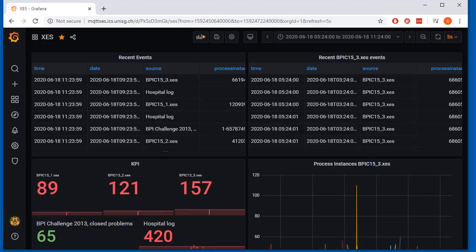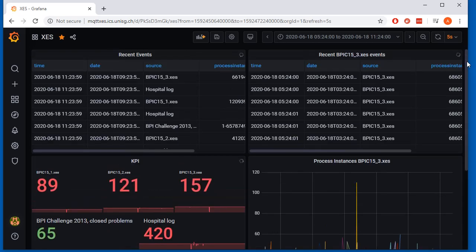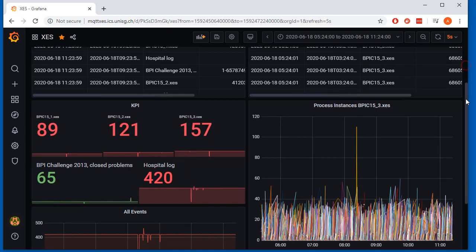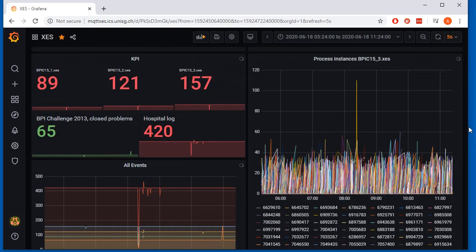The second software artifact presented in the paper is a Grafana dashboard that is plotting and consuming the events being sent to the broker. As you see in the dashboard right now, there is some general information reported, concerning all the recent events, all the events belonging to one specific process, as well as some